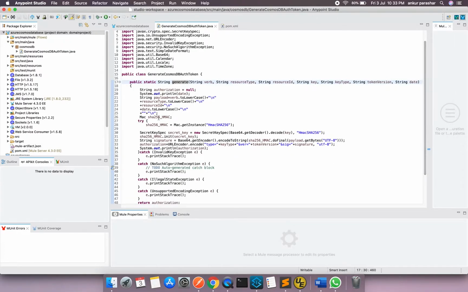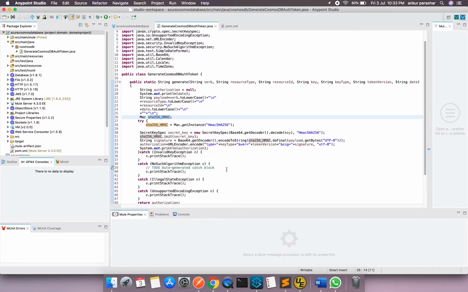You can refer to some of my previous videos in which I covered the different encryption and crypto libraries. After that, it creates a secret key out of this instance, converts it to the Base64 decoder, and a lot of things are going on. After that, the signature is created using the encoder.